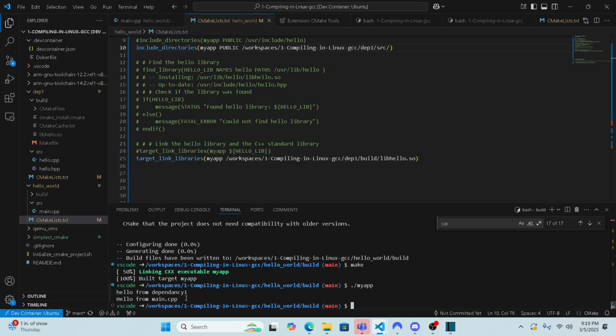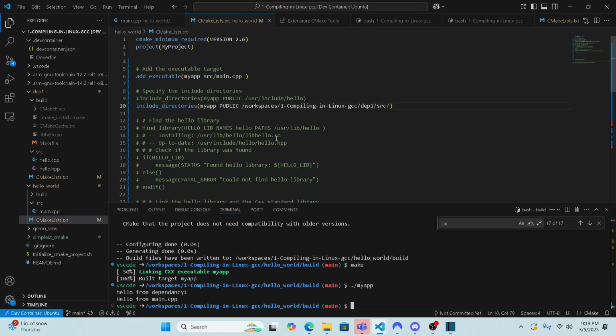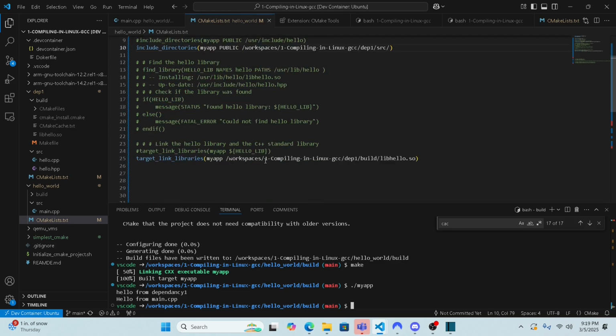See, so it says hello from dependency one. But this can also get messy because we're pointing to a custom directory for include. We have the path here for our shared object. So another way to do it is